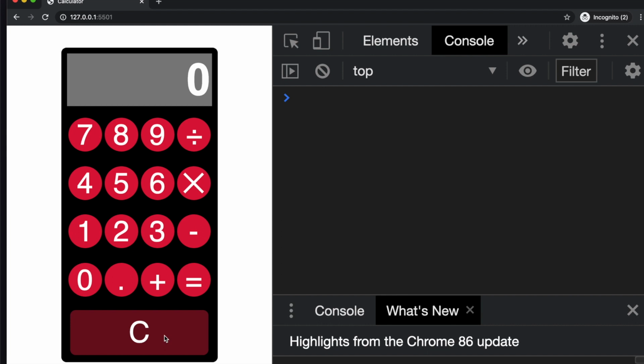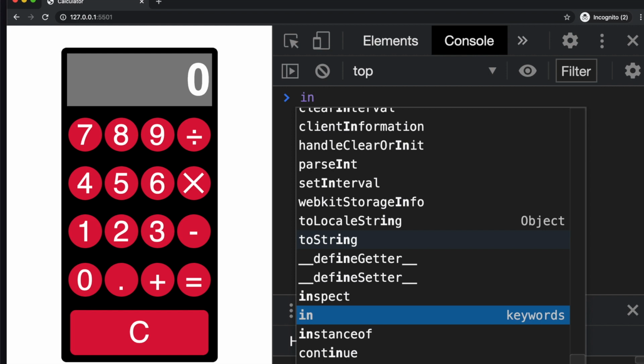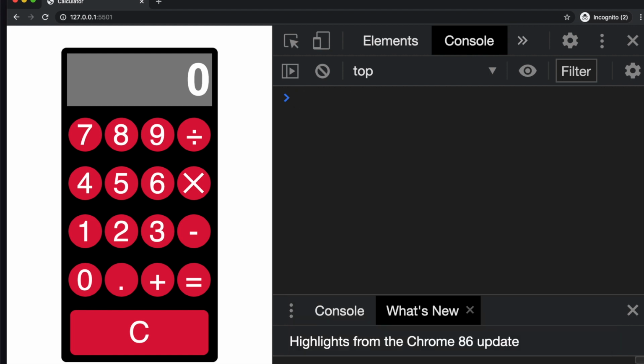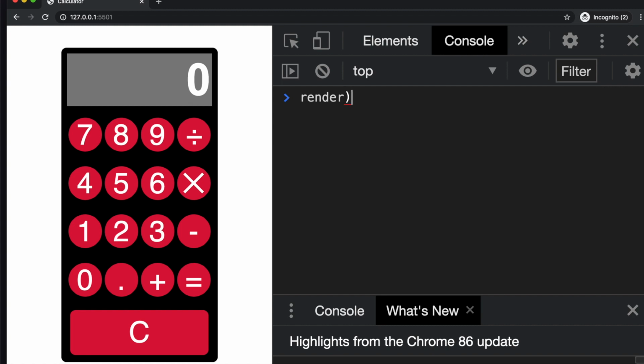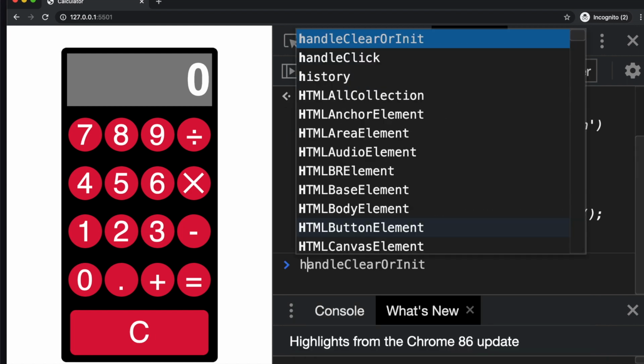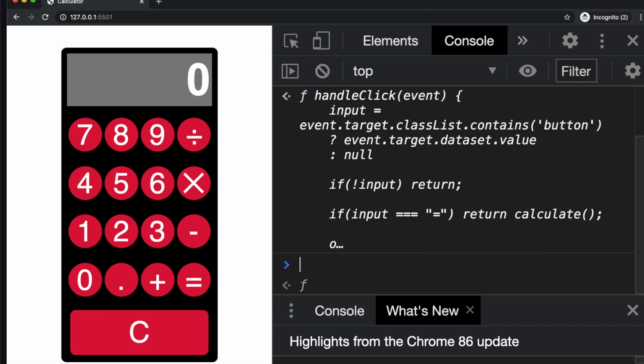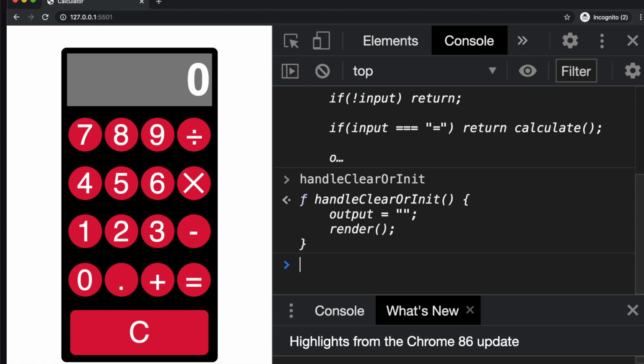Now, one last thing I definitely recommend doing. We don't want to be able to access our values in here, and I'll tell you what I mean. That render function is in here. All right, notice how I can access render, I can access handle click, I can access handle init or clear, or handle clear or init. I can actually access my program's variables and references to my functions, and that's not really a good practice